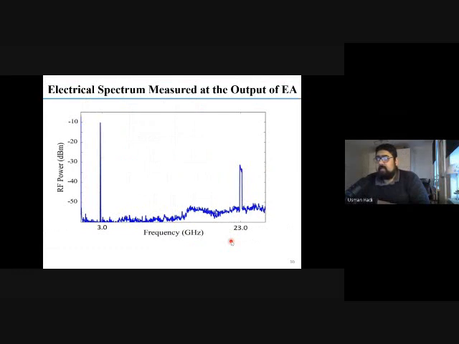And when you see the electrical spectrum at the output of the EA, when you use the 3 gigahertz and 23 gigahertz, the good thing is that we are able to isolate the 3 gigahertz and 23 gigahertz carrier signals because we were transmitting at 3 and 23. Now, with 3 and 23, we are able to get a very sharp peak, which we can see. But the problem is that we have some noise floor here. And up till this point, this is fine, but then this is starting to grow,